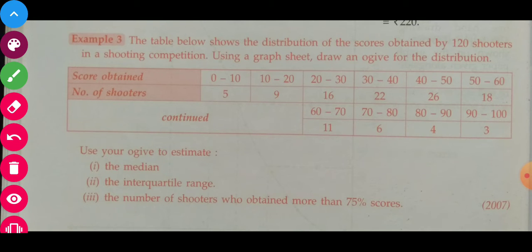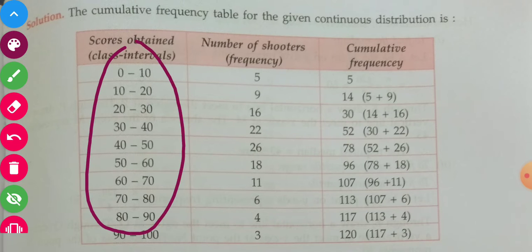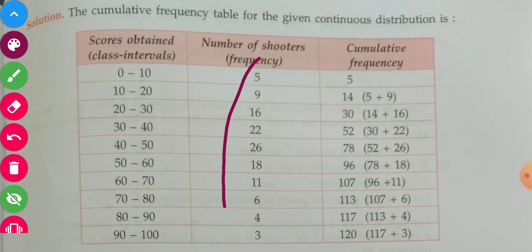Remember this data. Using this data, we have drawn a cumulative frequency table. The first column is the class, the second column contains the frequency, and the third column is the cumulative frequency. How do we find the cumulative frequency? We have already done this while finding medians, so let us just discuss this in brief.